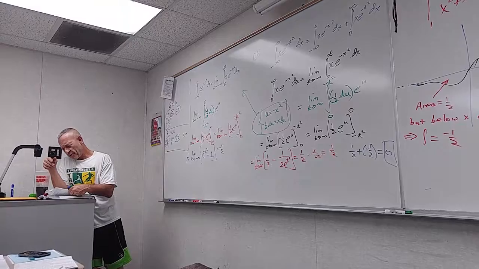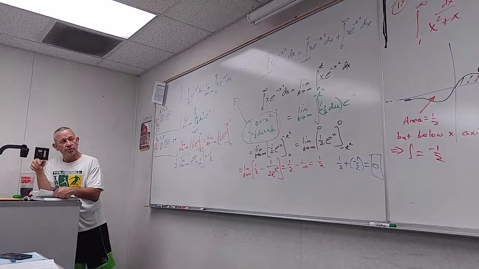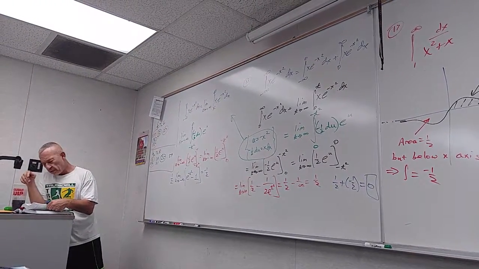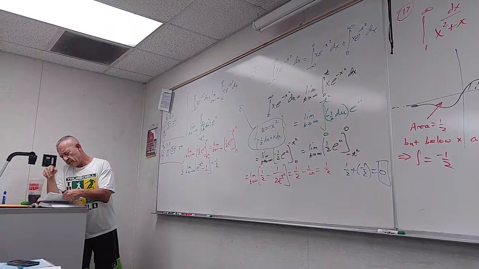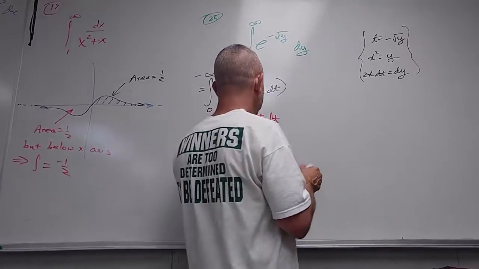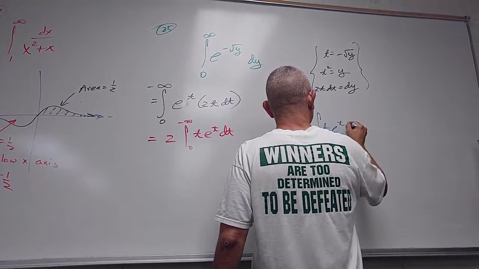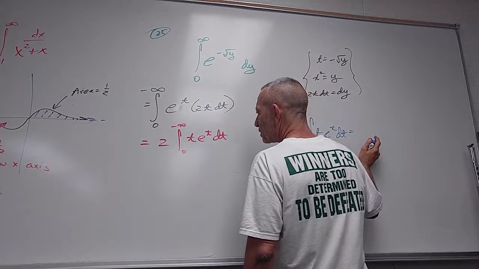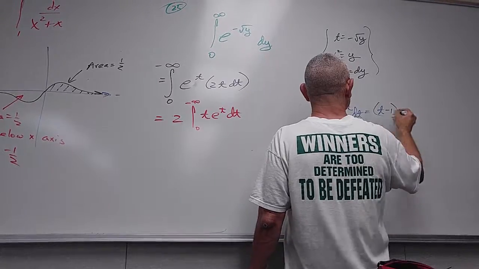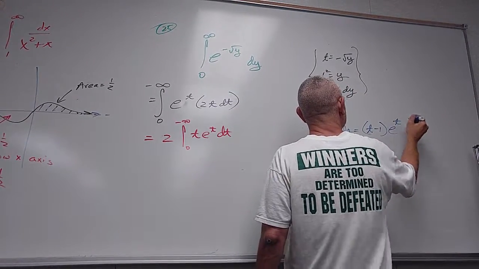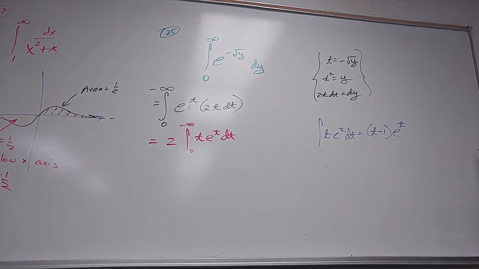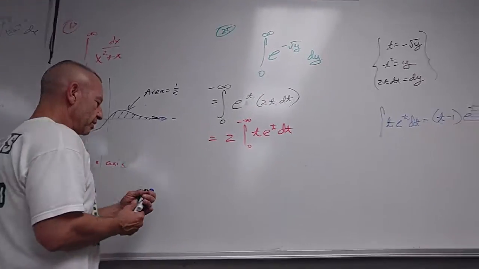But I agree, number 96 is the one we want, where a is equal to 1. So that is t minus 1 e to the t plus c. What did I just say it was? t minus 1, ah, t minus 1 e to the t. Well, I'm going to have limits of integration. Right? So this is the limit